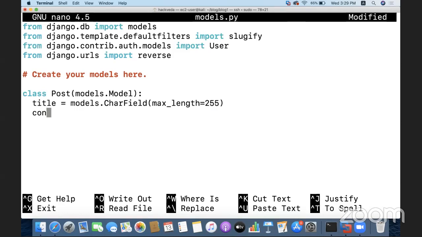Then we are going to make use of content. Sorry, we need to make use of 5 things: title, slug, content, created on, and author. So let's just create slug. We are going to make use of models. We are going to call it a slug field, and this slug field will be unique. Okay. So you can pass the unique parameter so that individual valid URLs of your web pages will be unique. So there won't be two same URLs for one specific blog. Okay, or let's say for two different blogs, there won't be any same URL, so that